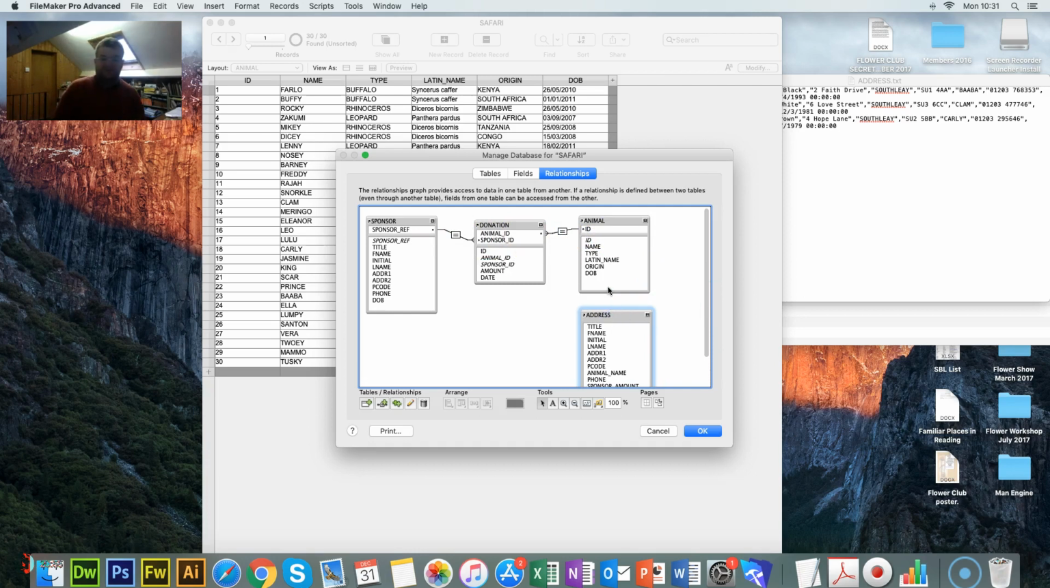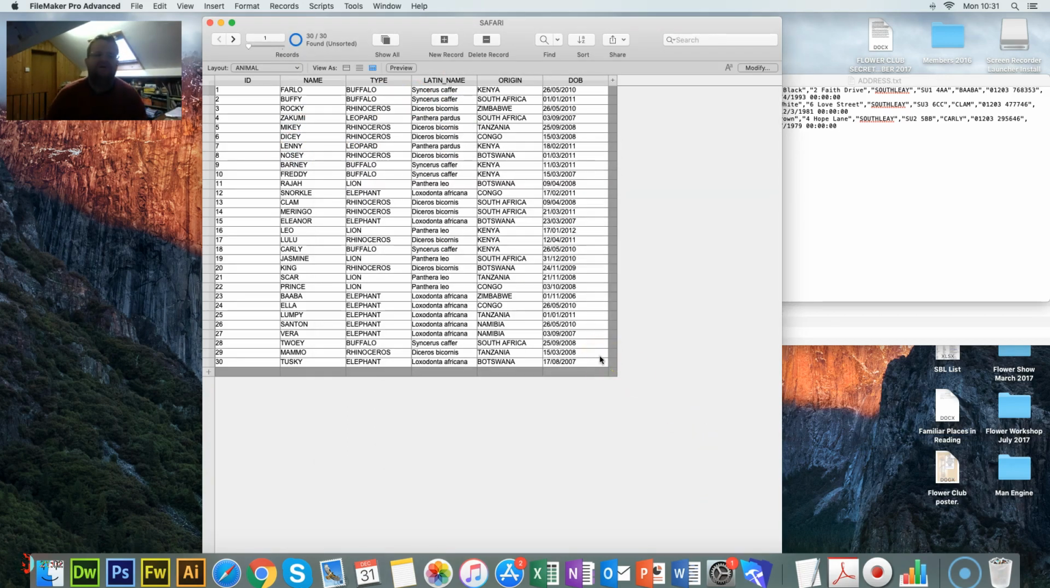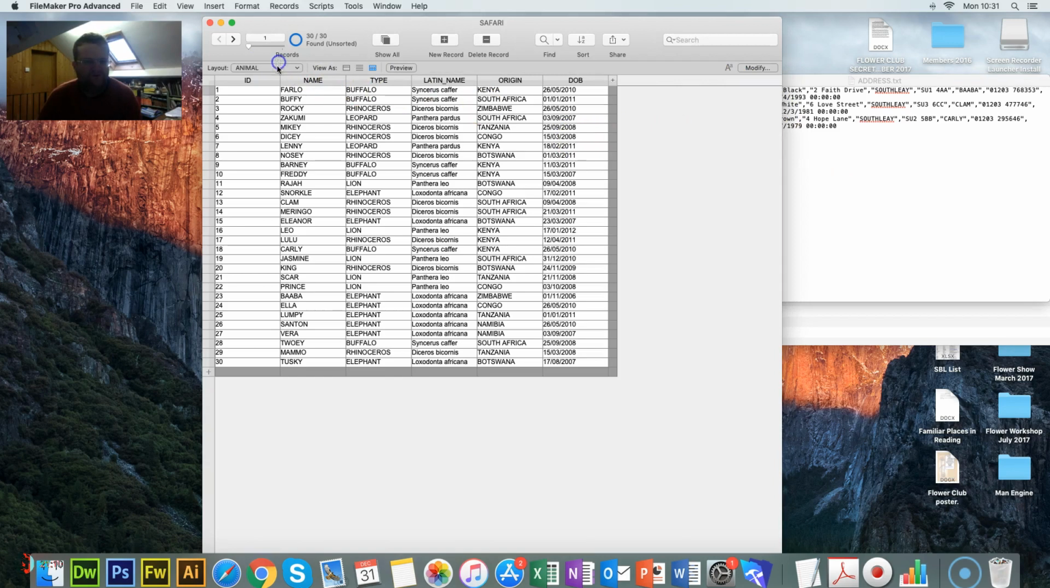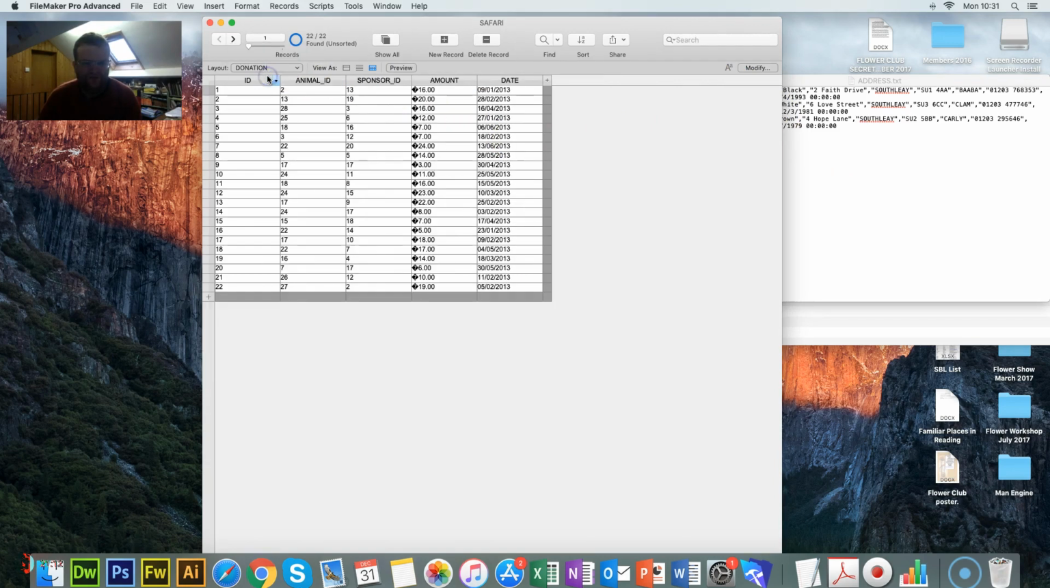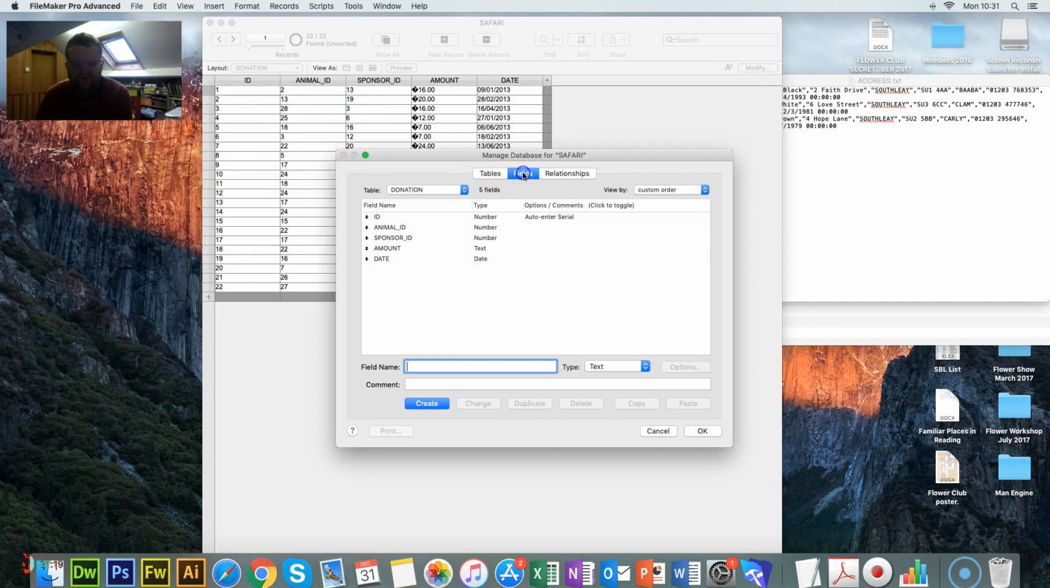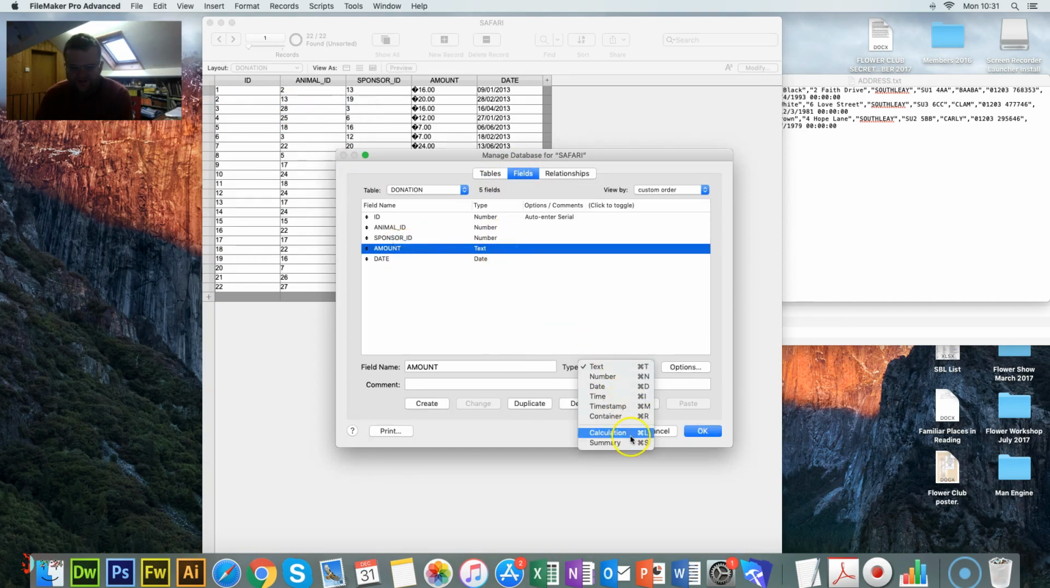And if I need to create a screenshot, I can just Shift Command 4 and select them. Okay, press OK. So that's now created my tables. Okay, yours should already be created. The only one that I've got a problem with is donation, where we need to have that as a currency. So if we go Manage Database, Fields, we want to change this not from a text, but to a number, and it needs to be a